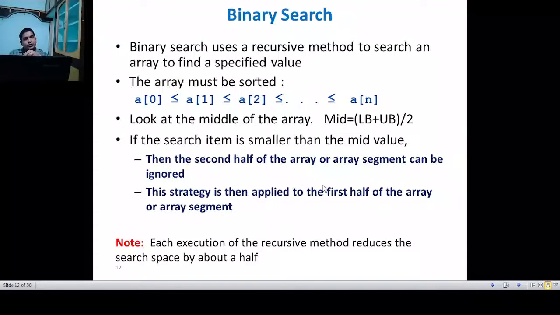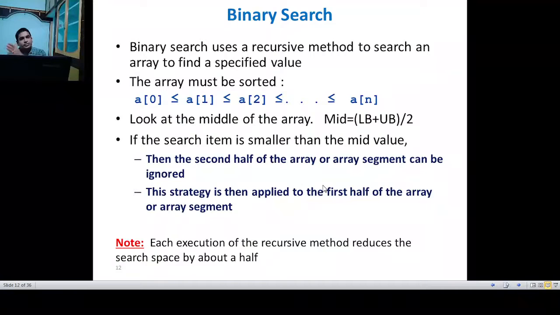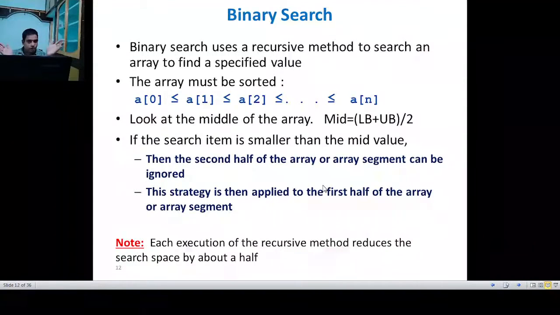If the item to be searched is smaller than the middle element, then you need to search in the left side of the middle element, or the first half. If the item to be searched is greater than the middle element, then you need to search in the right side of the mid, because mid is an element which divides the sorted array into two parts.